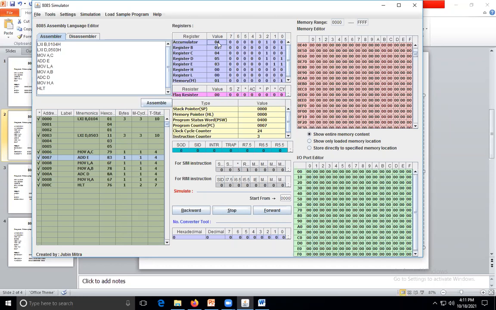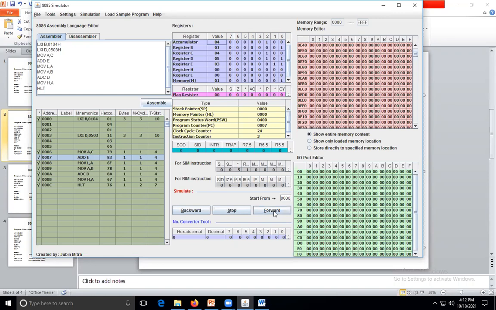Next, after that, what do we have to do? ADD E. E contains 0.3 and the accumulator has 0.4, so you get 0.7, and the value is stored into the accumulator.